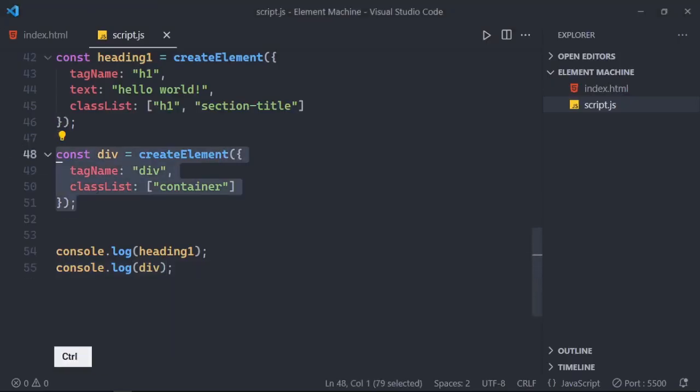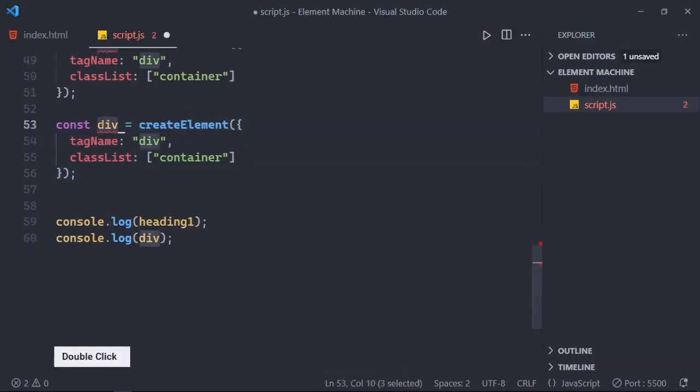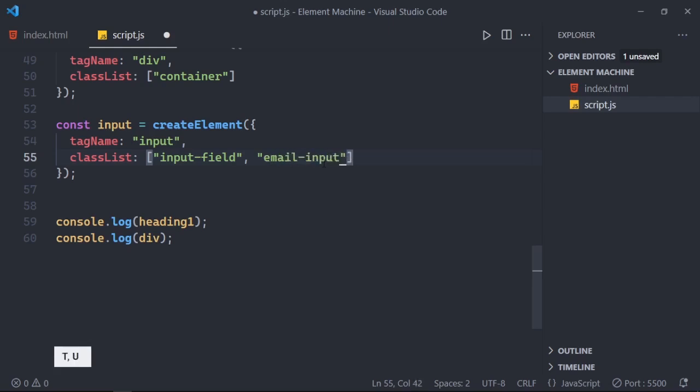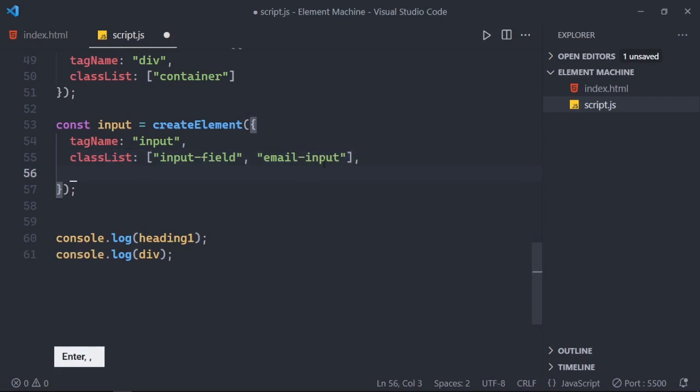And then let's say we need to add input. Let's say input, and tag name will be input, and class name will be like input-field, or another like my-input or email-input, and then attribute will be attrList,